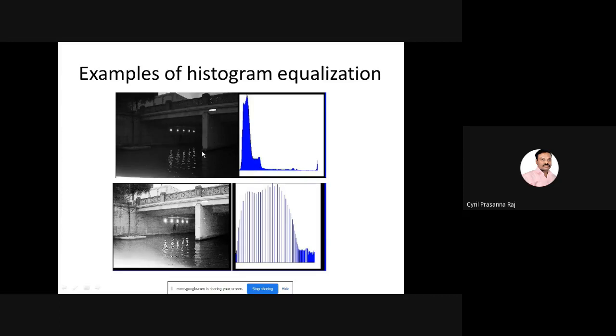Now, if you want to increase the brightness of the image, what we need to do is make sure that all the pixels are stretched, all the pixels are uniformly distributed. So to distribute the pixels uniformly, as you see in the graph below, we are supposed to identify the histogram. Once you identify the histogram of a given image, you find that all the pixels are on the left-hand side.